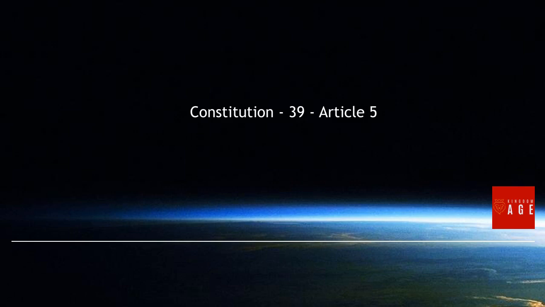Finally, Article 5, while spelling out how the Constitution can be changed, made two things unchangeable even through the difficult amendment process. One is that no state, without its consent, shall be deprived of its equal suffrage in the Senate. So every state will have the same number of senators, no matter how many members of Congress or other states want to change that part of our system, unless a state agrees to accept a smaller number of senators.